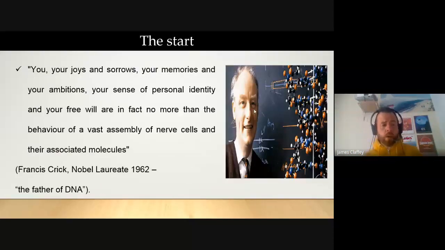So here's the quote from Francis Crick. Then again, probably all are aware, the father of DNA said, "You, your joys and sorrows, your memories and your ambitions, your sense of personal identity and your free will are in fact no more than the behavior of a vast assembly of nerve cells and their associated molecules." Again, very cold, very